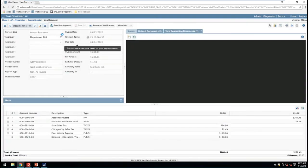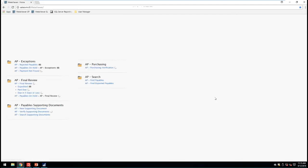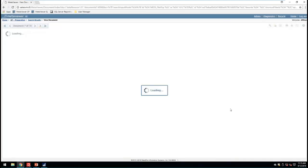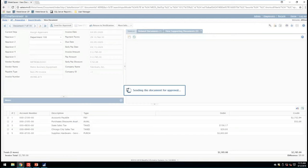Now another example of how this can really improve your business process and your accuracy is, let me pull up a different document here. Back to my home page. And let's pull up another example. Let's pull up this Metro Business Equipment invoice. So in this case, if I've got it all coded and I've got it ready to go to the approver, when I click send for approval, it can,